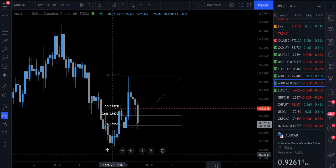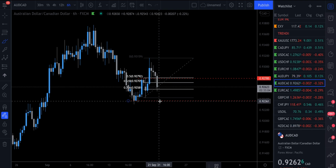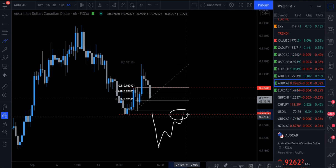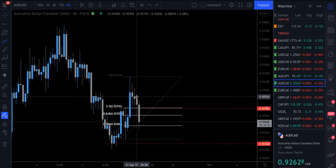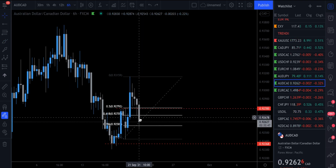So really until we solidly break below here, if we solidly break below 92,400 and then we correct back, then we can look to take entries. However, right now we are bullish, so I'm only going to look for buys. Okay, so if we do get confirmation in here, then we can certainly look to take AUDCAD long. Okay,